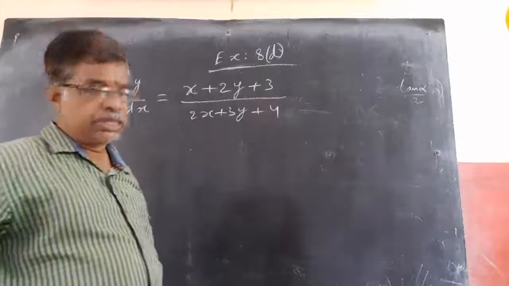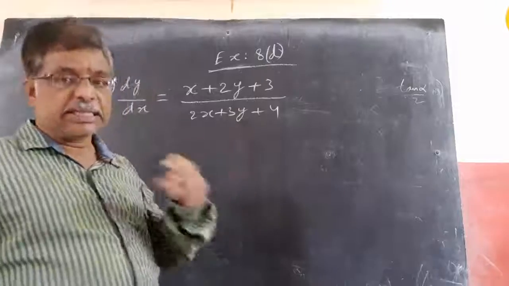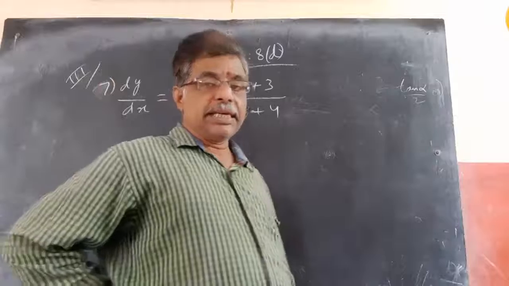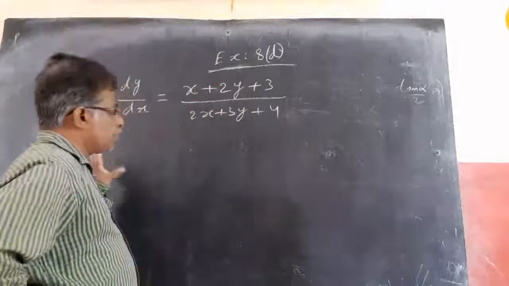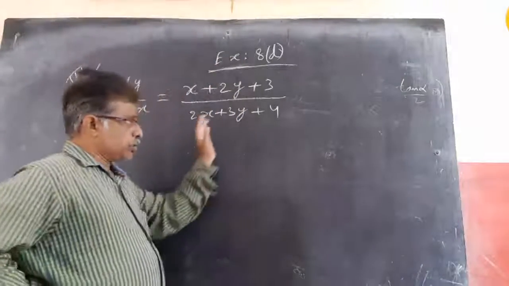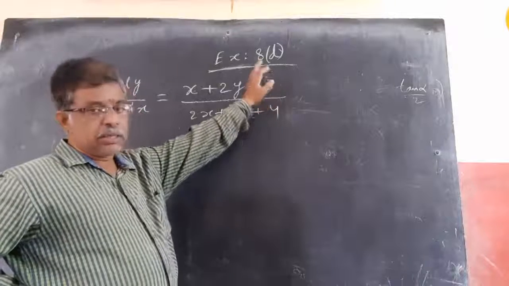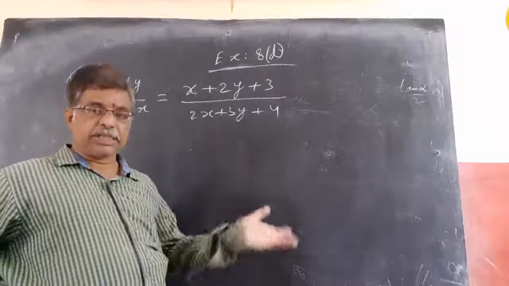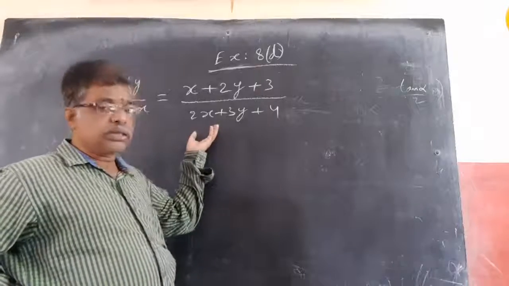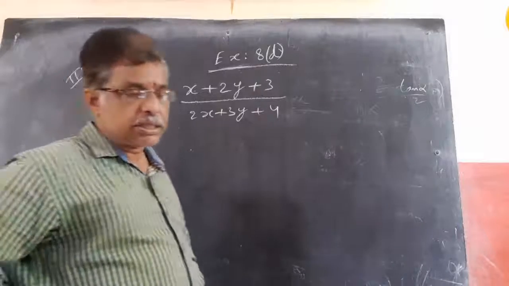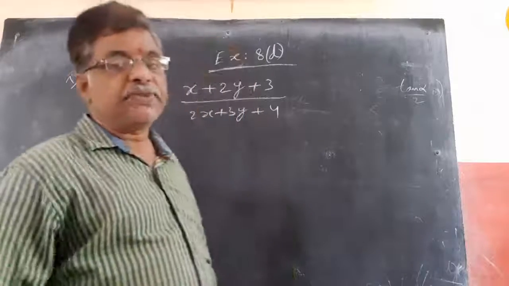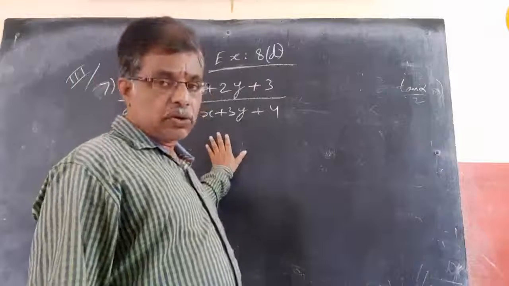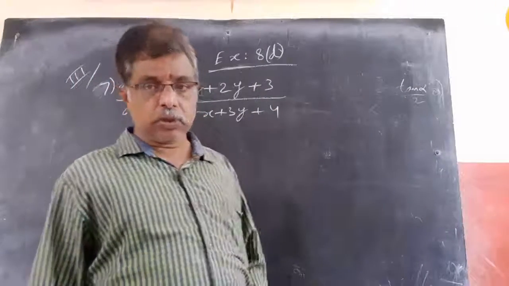So non-homogeneous, if it is of this kind, this was a 7 marks question previously, very lengthy, but we'll learn. If I convert this into a homogeneous, then I can take let y equal to vx and we can proceed like that. How can I convert this into a homogeneous? To convert this into a homogeneous, we will shift the origin to some h comma k so that constant terms are removed.